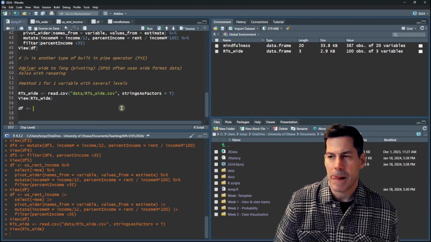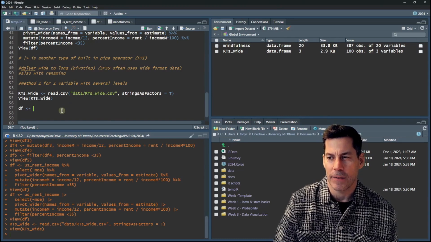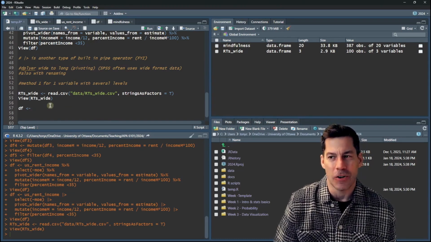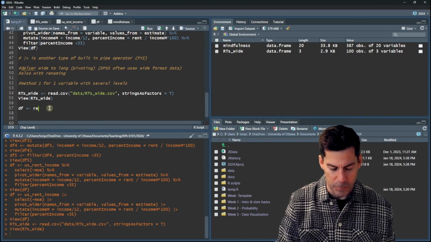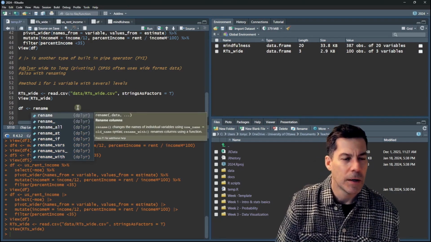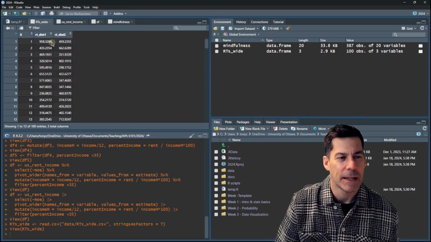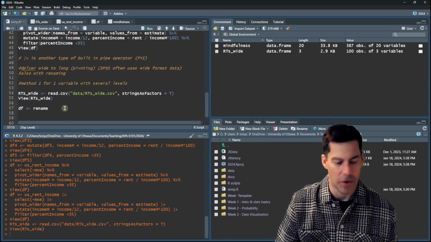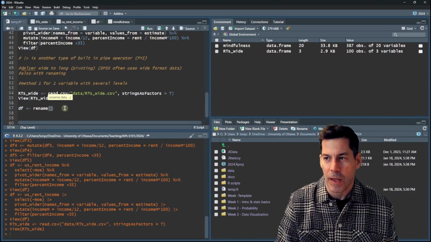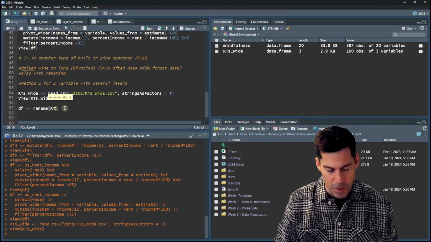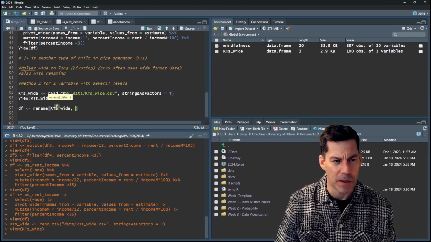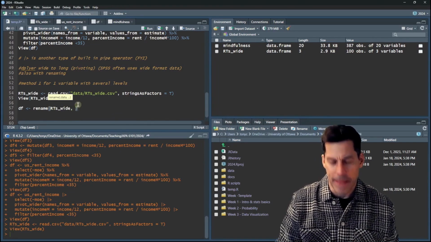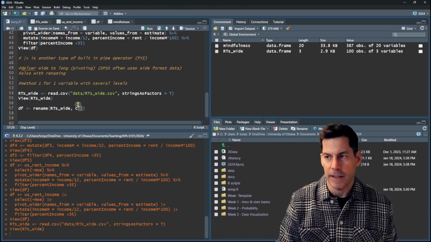So one of the things that I want to do here is rename my columns. One way to do that is by just using the rename function. I noted that my RT names were RT_dist1 and RT_dist2. Well, I'm going to rename those from RTs_wide. Remember, we usually start with the data set. And then I'm going to tell it